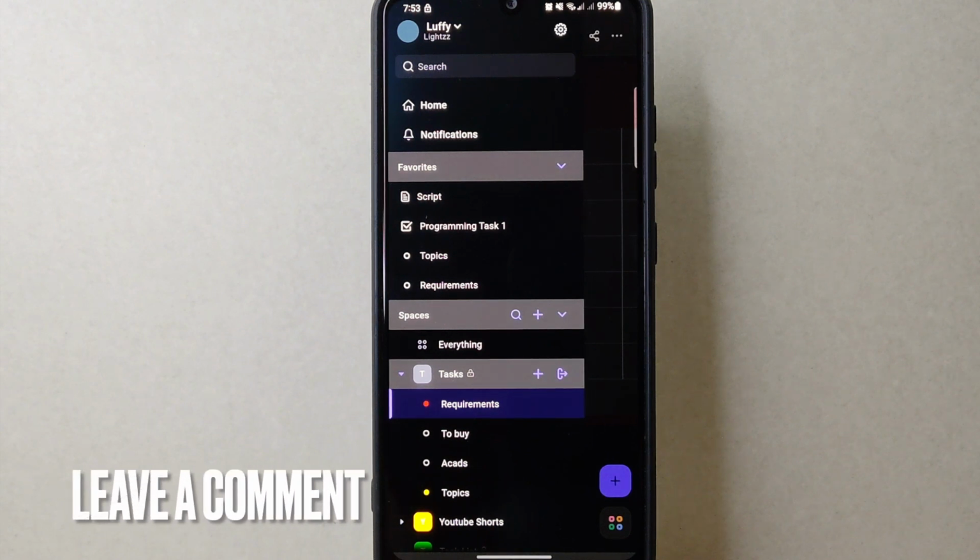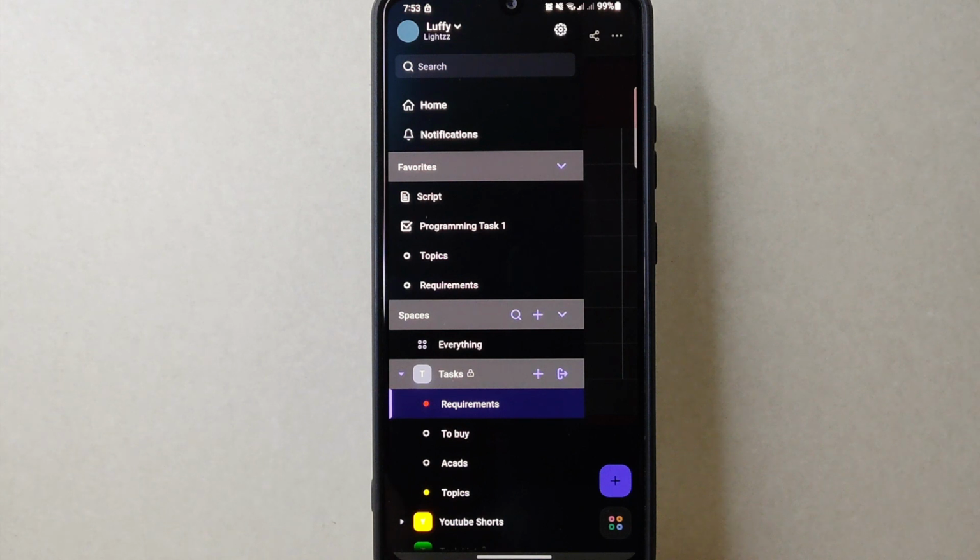There you go. If you wanted to know how to favorite a list on ClickUp, that is the easiest way I know how. If you know another way to favorite a list on ClickUp,